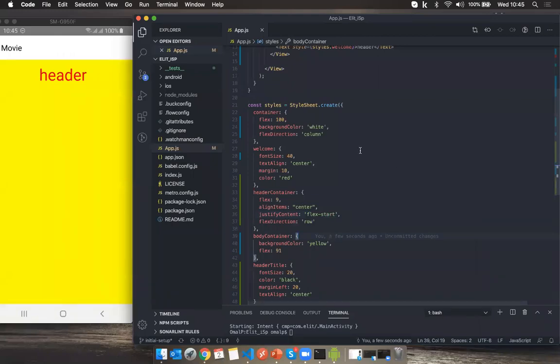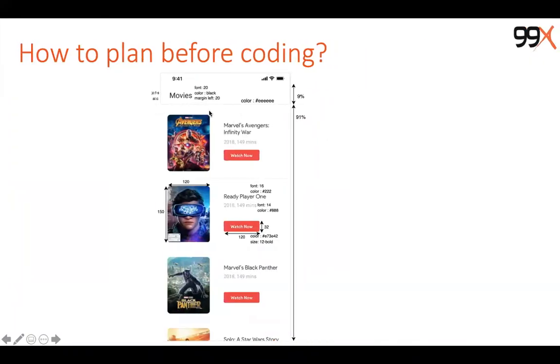All right, so we got the first part, and now we have to make the rest of the part.